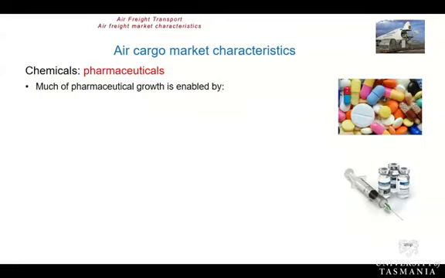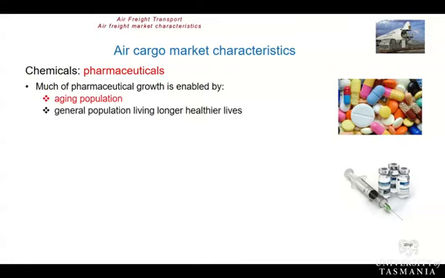Now, just want to finish off with just a couple of characteristics about the pharmaceutical market. Why is the pharmaceutical market growing so quickly? Well, a couple of things. One of it's to do with demographics and population. We've got an ageing population in most of the developing countries, and also general population is growing older, living longer, healthier lives, and probably relying on a lot of those medicines and vaccines to allow them to